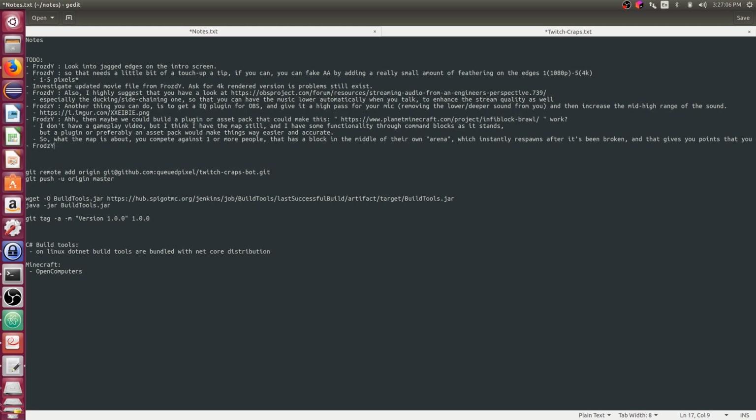Frosty says: investigate the compressor audio filter, it should have an auto ducking option.